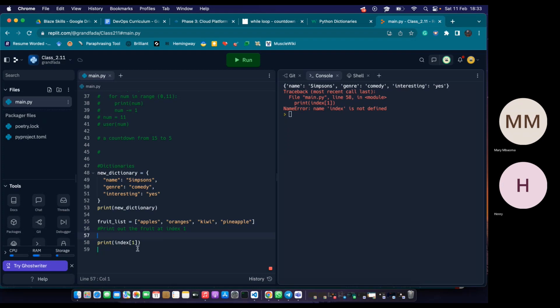Okay. Oh, sorry, this is a comment, not the other ones. No, that's fine. It's fine. But this is not how to access indexes. So how do you access indexes? So instead of typing out index, you write out